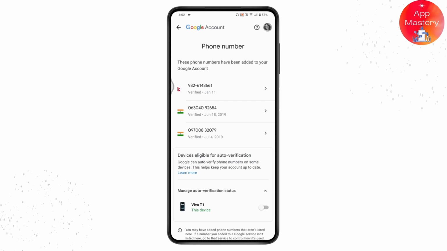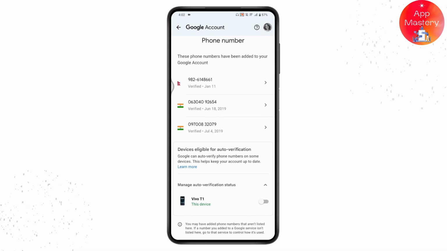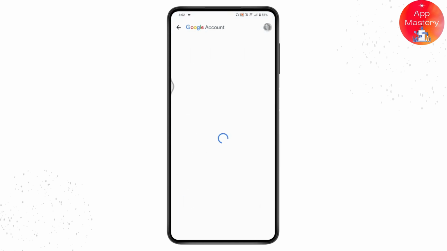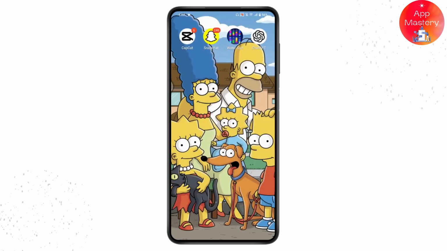But if you're not able to verify the phone number, then you can simply tap on any one of those numbers, and then you need to tap on remove number or delete the number, which is on the upper right. So you need to delete the number, and once you delete the number, you need to again try to add the number again. So that's how you can fix the problem of the phone number cannot be used for the